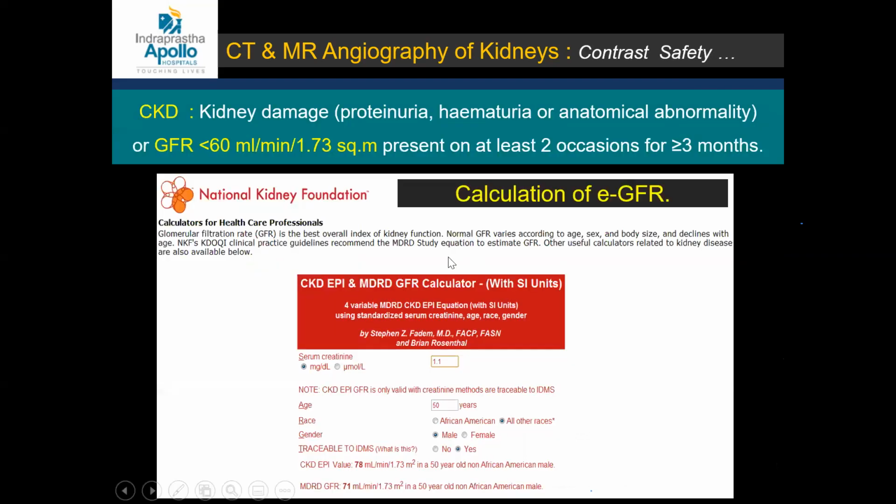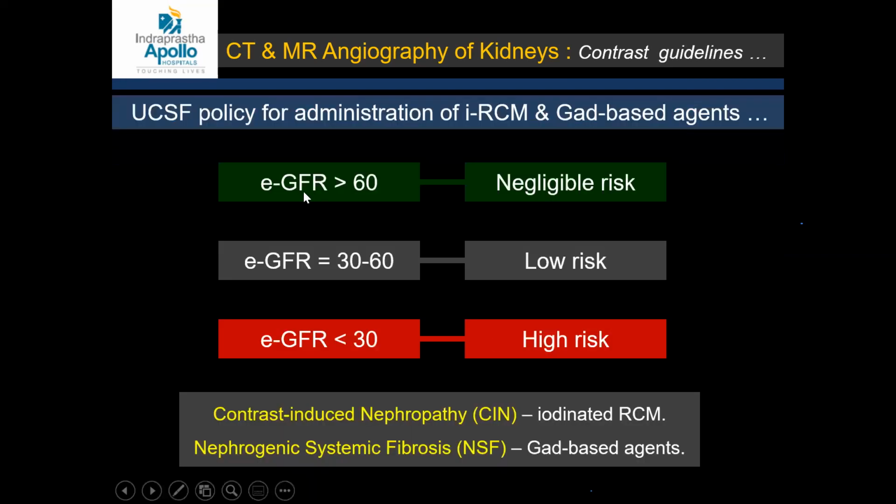curvilinear. Now, contrast can lead to contrast-induced nephropathy. CT contrast, iodinated contrast can lead to contrast-induced nephropathy. MRI contrast can lead to nephrogenic systemic fibrosis. So it is important to calculate the eGFR, and accordingly only the contrast can be given. If the eGFR is more than 60, there is no risk or negligible risk. If the eGFR is less than 30, then there is high risk of contrast-induced nephropathy with CT contrast and NSF with gadolinium-based agents in MRI. So therefore, it is important to calculate eGFR, not only serum creatinine, before these patients are